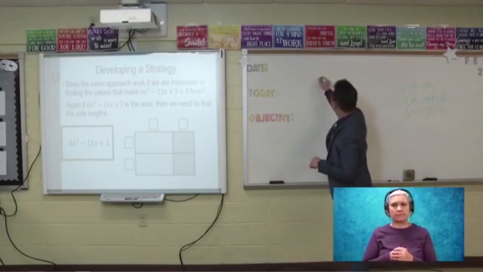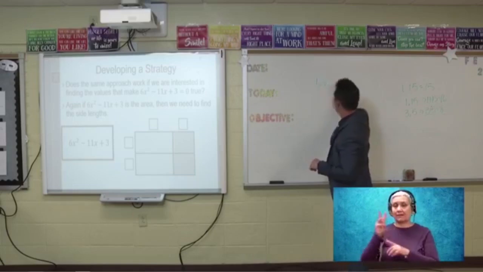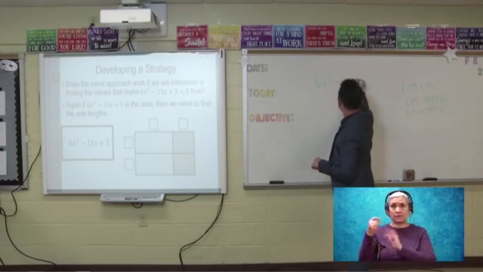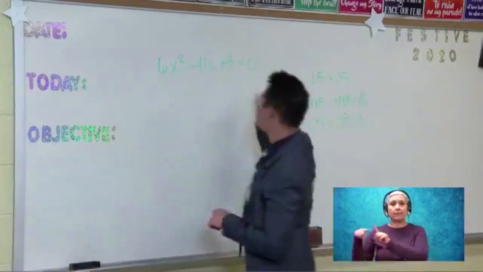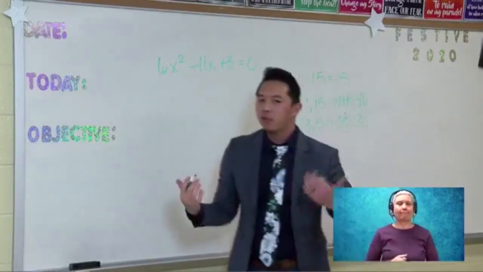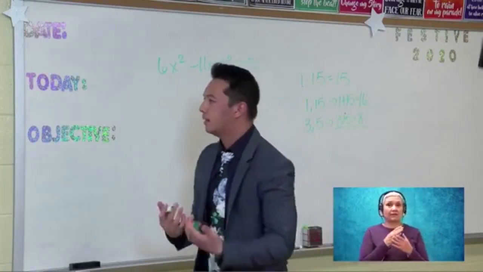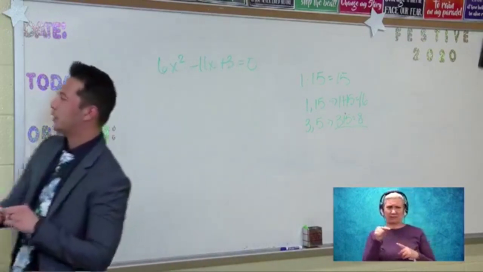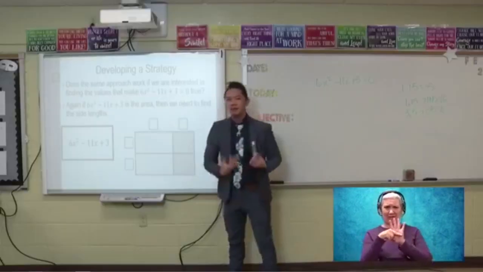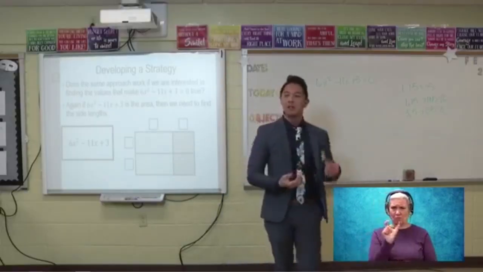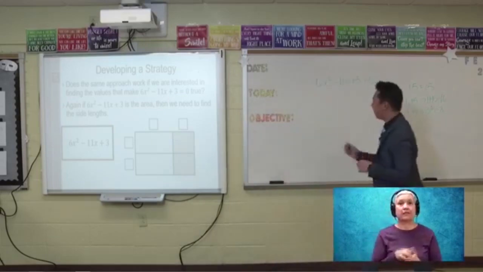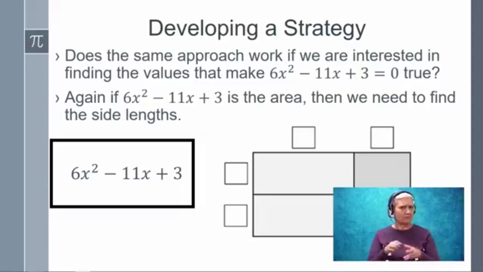So in this situation, we're looking at 6x squared minus 11x plus 3 is equal to 0. Now, some of you might be thinking, well, we haven't looked at a situation where this middle term is negative. But does this strategy and does this structure still work? Well, let's find out. If I'm looking at the area model still,